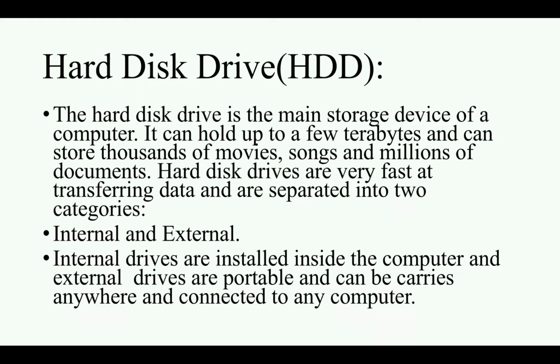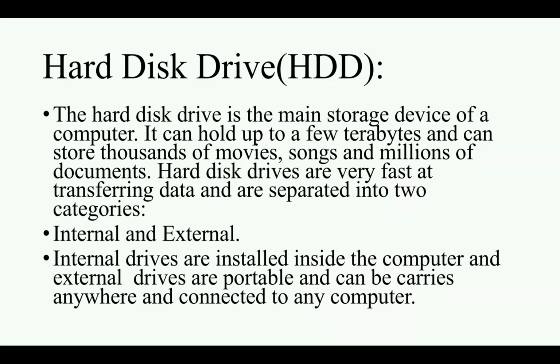About the size of the hard disk drive, it holds up to a few terabytes. Students, how many can it be? Terabytes, only. 1 terabyte equals 1024 GB. So GB is the capacity, lots of capacity. GB stores lots of data, lots of information and instructions. TB is greater than GB. 1024 GB equals 1 TB, like previously you have learned. So here it stores data up to TB, so it means it stores data like millions or thousands of movies, songs,